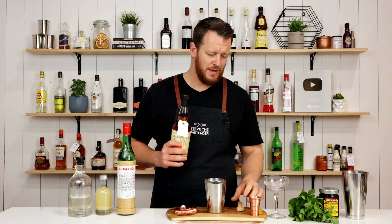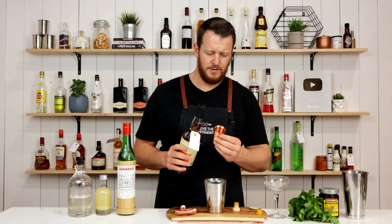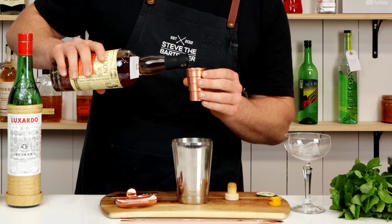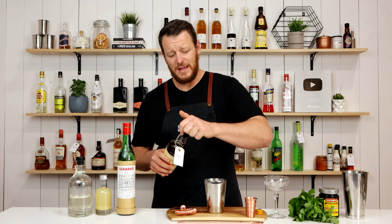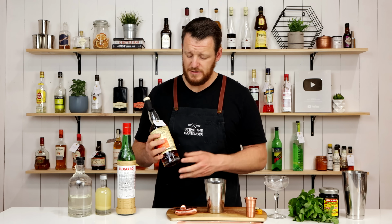Pineapple rum daiquiri, starting off with 45 ml of Plantation Pineapple Rum. So 45 ml, 1.5 ounces. Oh, so good. Now, of course, if you don't have Plantation Pineapple, possibly it's too expensive for you as well,